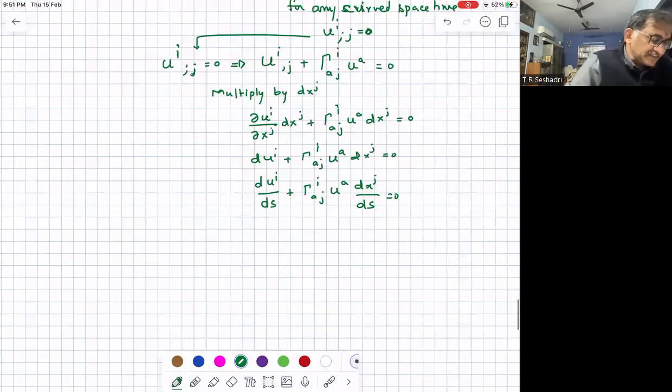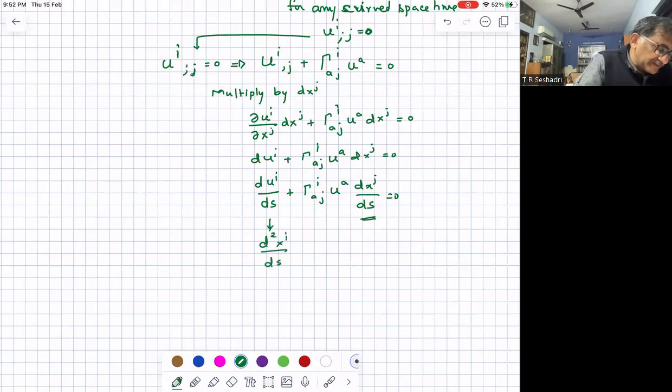What is this object, dx^j by ds? It's the 4-velocity. Okay, so this I can write as